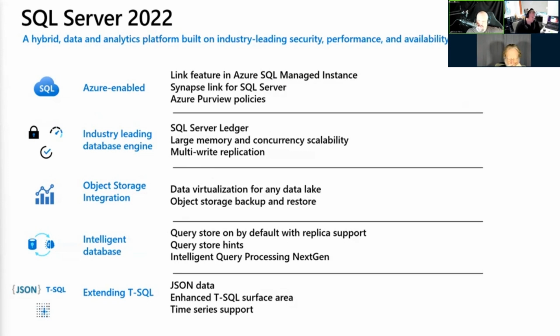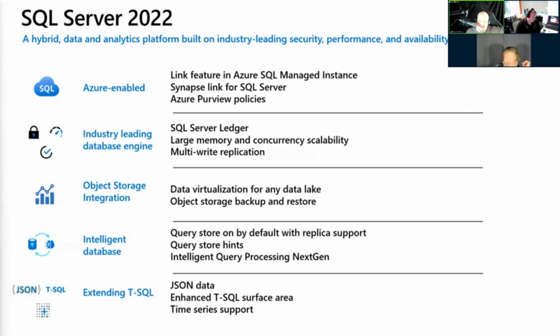Additionally, with MultiRight Replication, you have multiple writable copies of the same database with eventual consistency and automatic conflict resolution. In the area of object storage integrations includes improvements for backup restore with S3 compatible storage systems, and with data virtualization for any data lake. The evolution of Polybase using REST APIs makes it easier for data to stay in its original location and format. So you can virtualize the external data through SQL Server, making it possible to query in place.